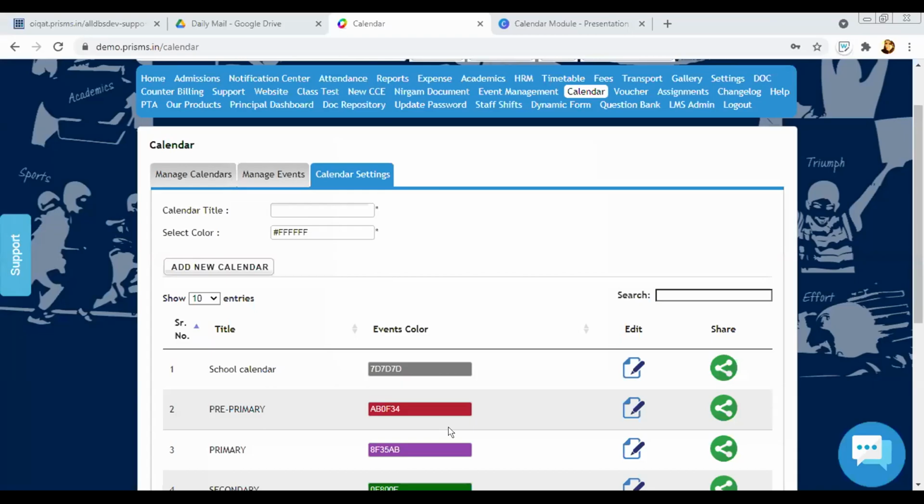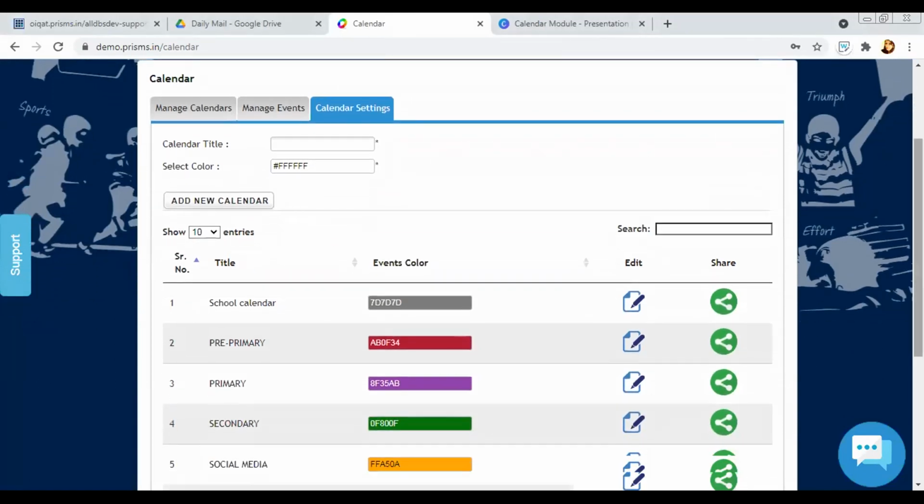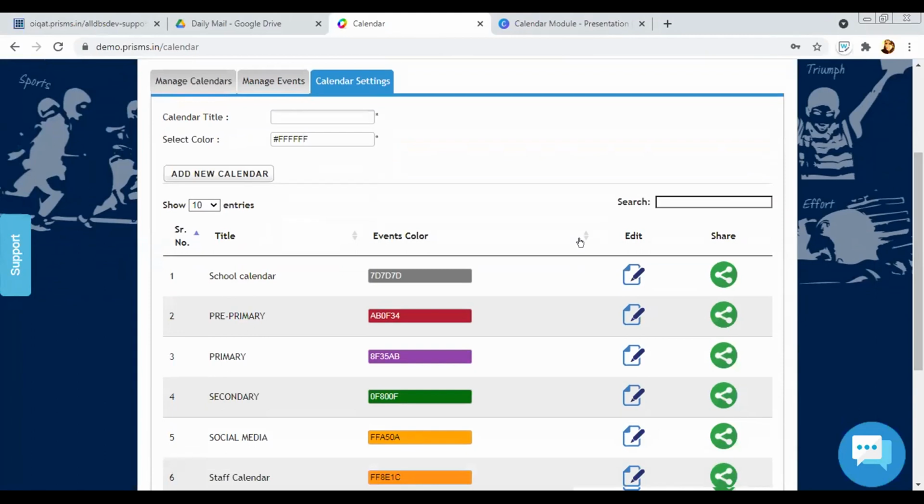Okay. So let's come to the admin part of it. The first step was creating a calendar. You can have a single calendar, or you can have several. It's up to the school to decide how you want to share, whether you want to go for micromanagement or create one calendar and share it with all. So once you create a calendar, you have to share it with the particular classes whose entries it holds. Suppose you want only one calendar, then you can share that with all the students and all the staff, and accordingly you have to share it.